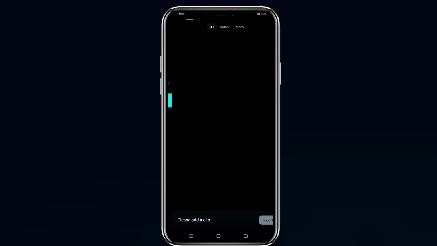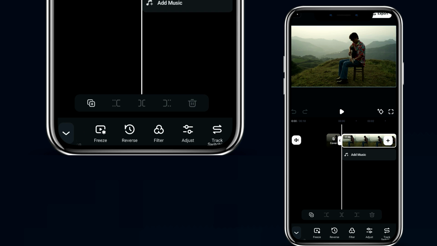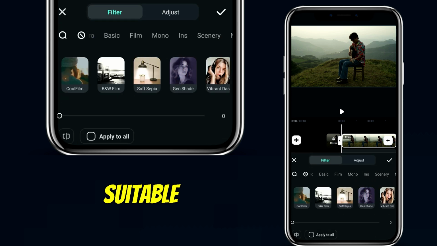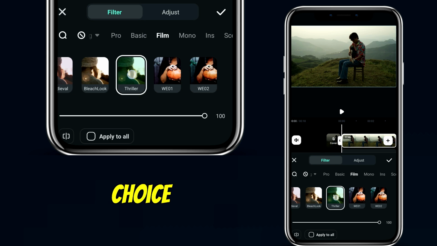Firstly, start a new project and select your footage. Then go to the Filters tab, and here you will get tons of filters suitable for all kinds of videos. Select the LUTs or filters of your choice, and then to modify it in your own style, you can use